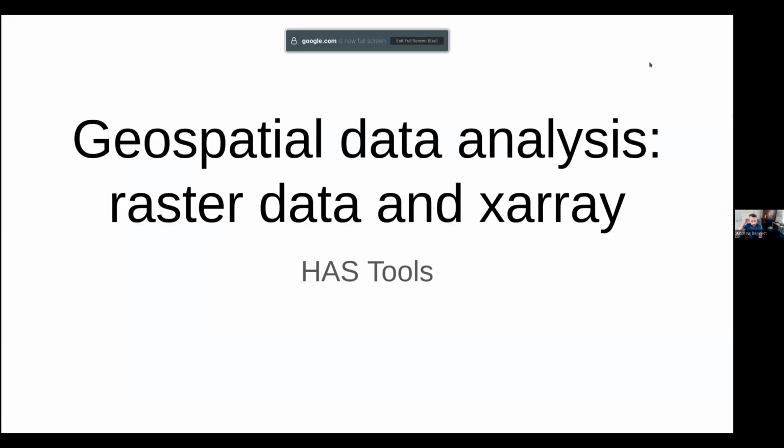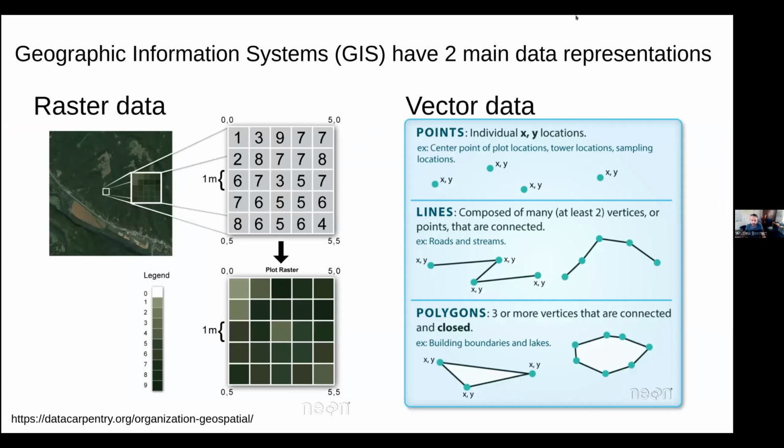All right. Hey, everyone. This is the follow-up to the vector data lecture. So today I will be talking about the counterpart there, raster data, and then getting into some of the tools, namely xarray, that we'll use to work with raster data and more generally geospatial data that is multidimensional. So just a reminder, GIS software has two frames of view